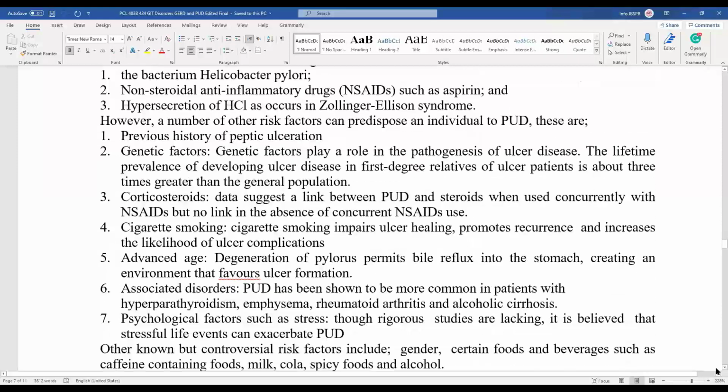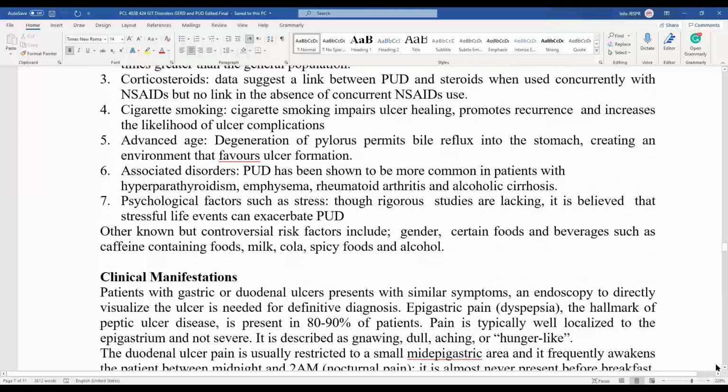And these other risk factors include the previous history of peptic ulceration, genetic factors could be involved, use of corticosteroids, especially when corticosteroid is used in conjunction with non-steroidal anti-inflammatory drugs, cigarette smoking, because cigarette smoking impairs ulcer healing and can promote recurrence or increase the likelihood of ulcer complication. And of course, psychological factors such as